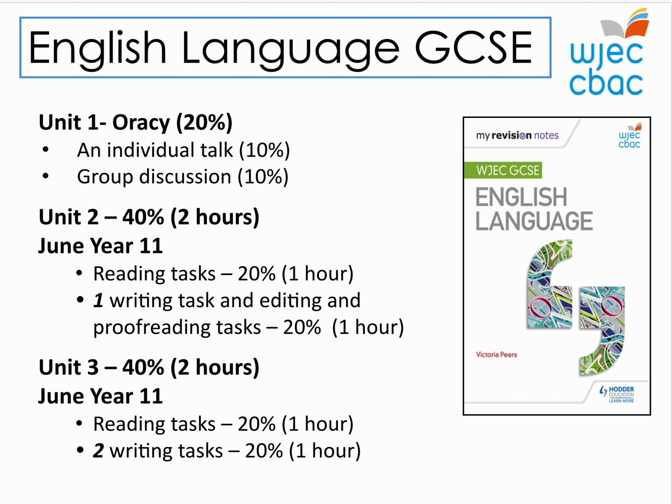Now, the majority of pupils with us do study English language and English literature, so I'm going to start with English language first. English language is spread over 3 units, Unit 1, 2 and 3, and you start off then with an oracy, which is split up into an individual task and a group discussion, and you can see the weightings there either side at 10% for each task. Unit 2 then is split as a reading and a writing task, and likewise it's the same there with Unit 3. Now, the majority of this is completed in the final year, so during June in Year 11, but the oracy task is normally done at the start of Year 11,